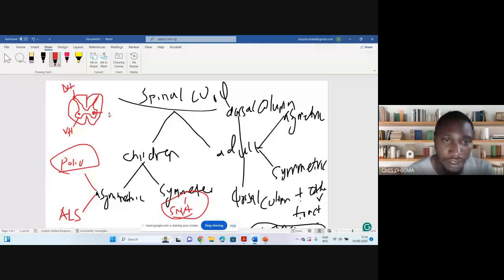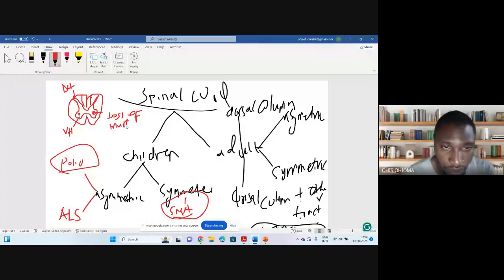And this includes loss of muscle bulk. You can notice that the dorsal column is not affected here, right? So loss of muscle